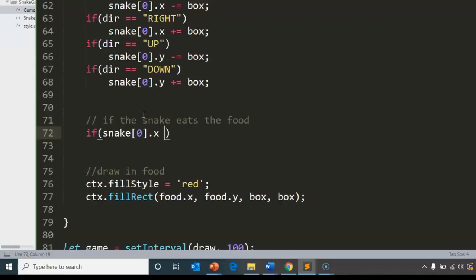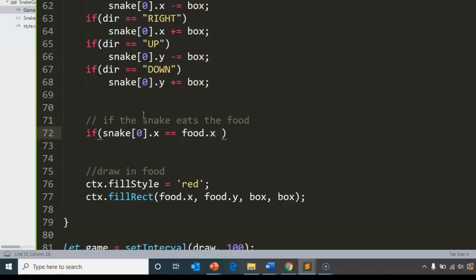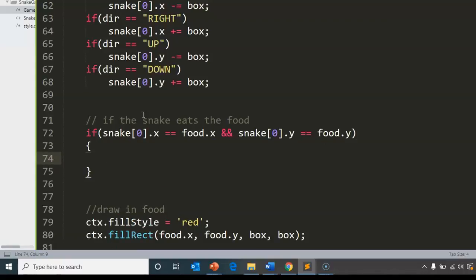So if snake x equals food dot x and snake y equals food dot y, we will score plus equal 1,